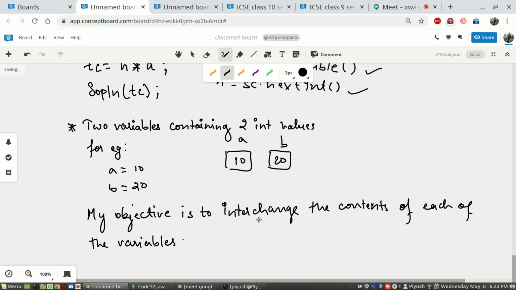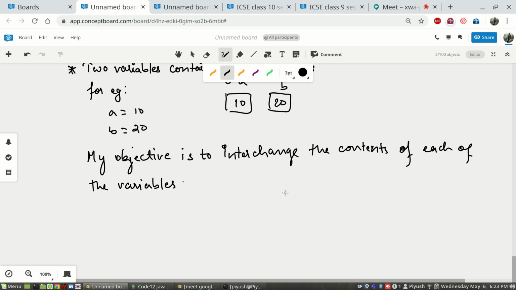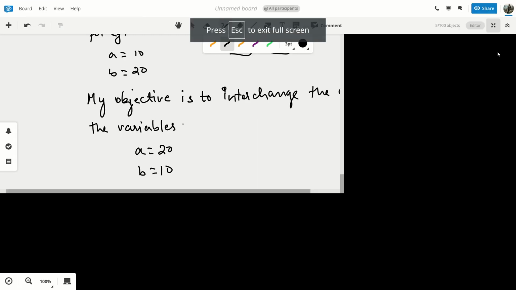That is what I want finally: somehow you do something so that A contains 20 and B contains 10. Earlier A was containing 10, B was containing 20. Right? Seems very simple program?